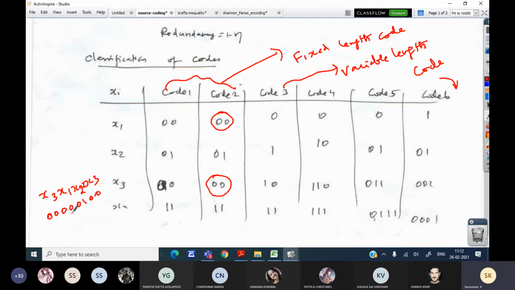When the receiver receives it, it may decode the symbol corresponding to 0, 0 as x1 or x3, because we are using the same code for both x1 and x3. So it is not a distinct code.